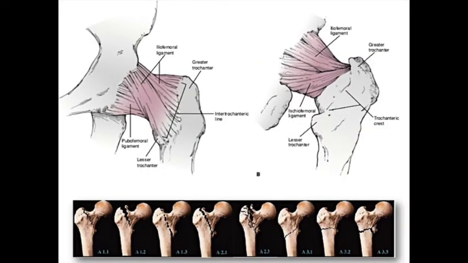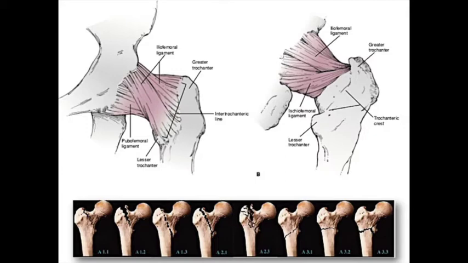Let me remind you about the anatomy of the hip joint. The top figure shows you the anterior and the posterior view, and you can see that posteriorly the capsule is not totally covering the neck of femur. So there is some area which is deficient. That is what produces non-union at times in intertrochanteric fractures, meaning if a line is oblique and is exiting posteriorly, it can have a neck femur component even in a trochanteric fracture.